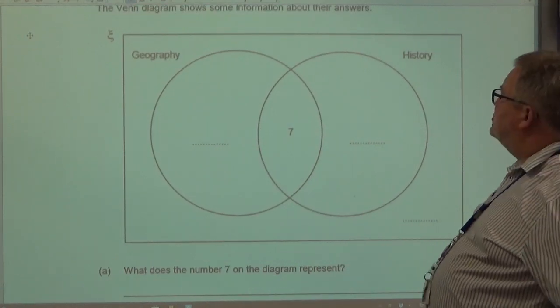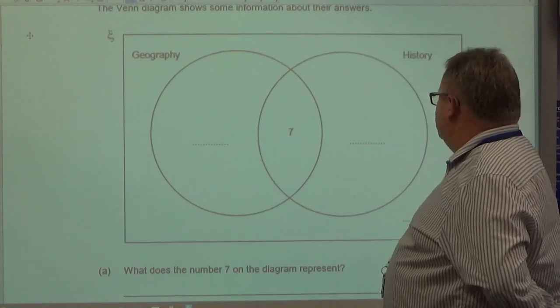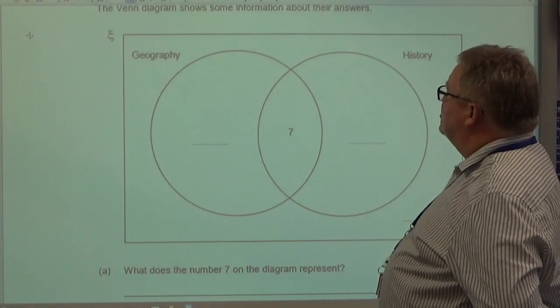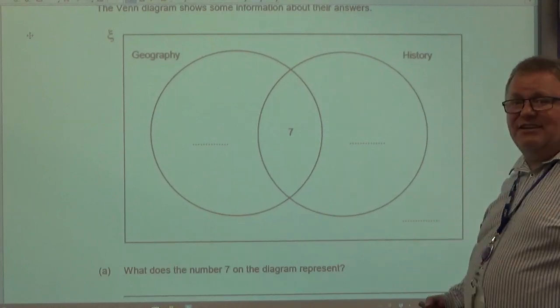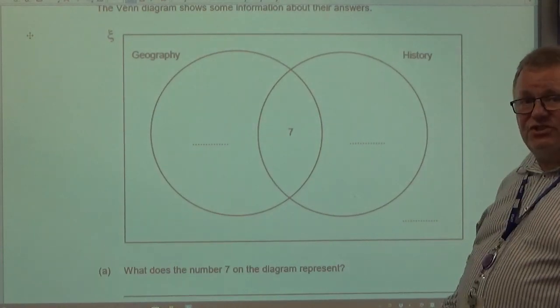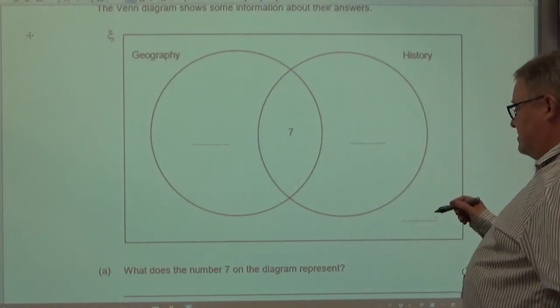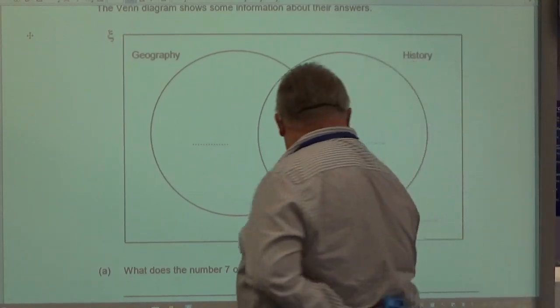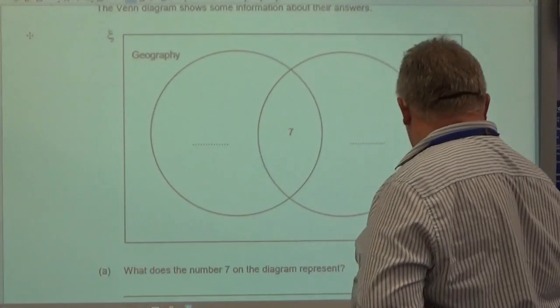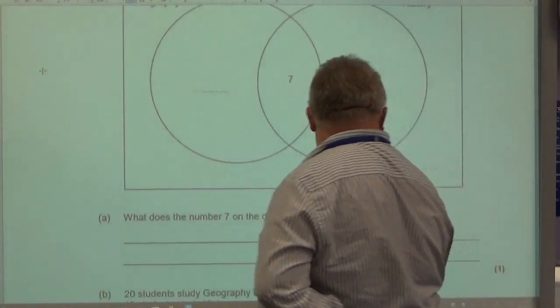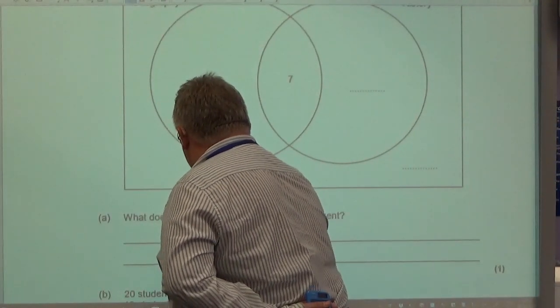Well, that's showing that there are 7 students that are studying both geography and history. So that's basically the answer there. I think that's probably a 1 mark question. So 7 students